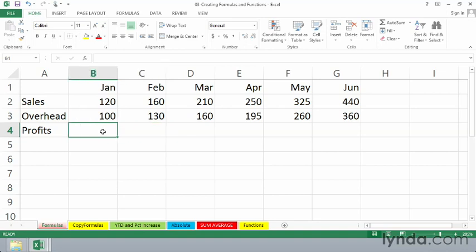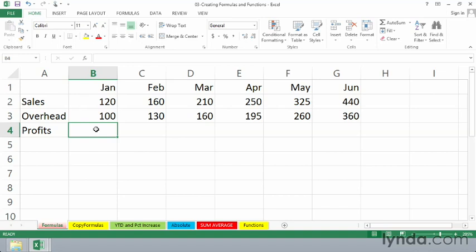But I think you would recognize that in some worksheets, the numbers are going to be much, much larger. And certainly here and there, we need to do more than just simple subtraction. One aspect of writing formulas that at first might seem a little strange is that we will not be typing the numbers 120, the numbers 100. We're going to be referring to these numbers by their locations. And the big advantage of that is that if at a later time the numbers need to be adjusted, our formulas do not need to be altered.